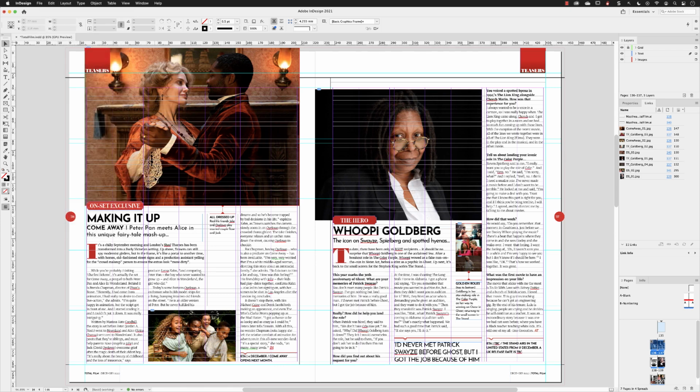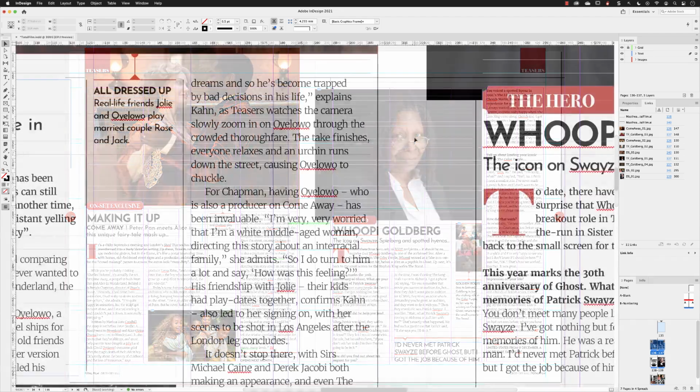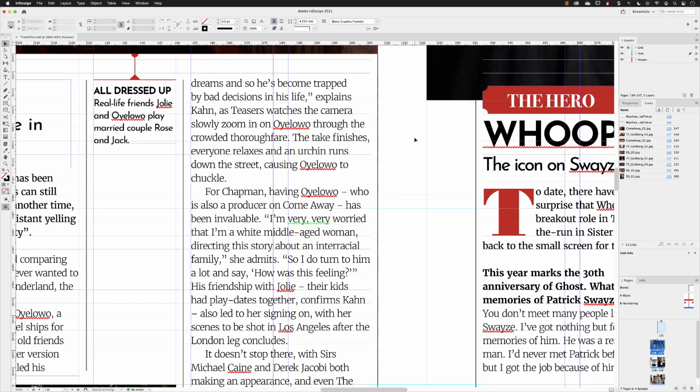Anything that InDesign doesn't find in its own dictionary, it will underline in a red zigzag. Anything that's like a repeated word or an uncapitalized word at the start of a sentence will be given a green underline. And if these words are spelt correctly, you can hover your cursor over the